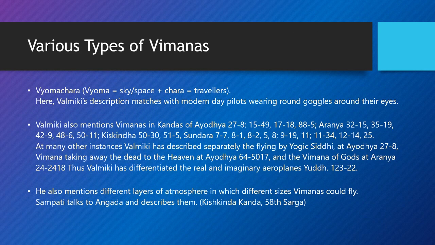Here we can see various types of Vimanas mentioned in the Ramayana. Vyomachara. Vyoma means sky or space, Chara means travelers. Here Valmiki's description matches with modern day pilots wearing round goggles around their eyes. So astronauts, and there are many such similar things. Even in temples we find such things, also in temples of other countries, Hindu temples, many such things. Valmiki also mentions Vimanas in the Kandas, such as Ayodhya. So all these Kandas, Aranya Kanda, also Kishkindha Kanda, Sundara Kanda. So all these